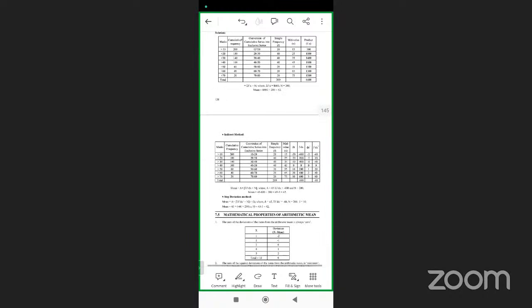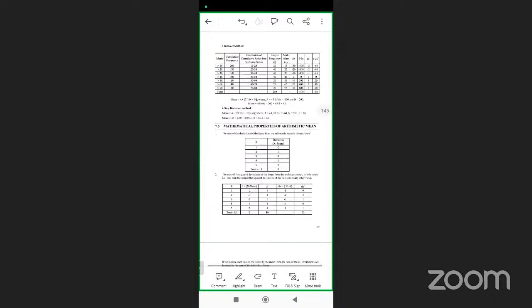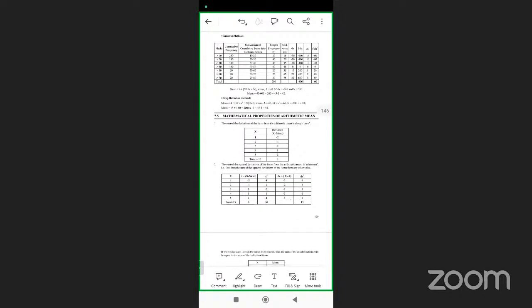Mathematical properties of the arithmetic mean. This also we need to understand clearly. The sum of deviations of the items from the arithmetic mean is always 0, because if you calculate each item minus the mean, the sum of deviations